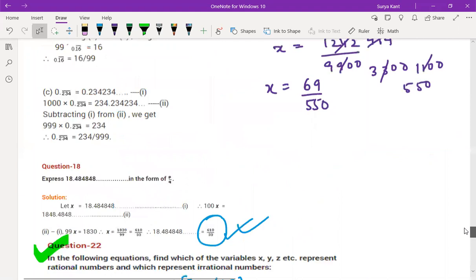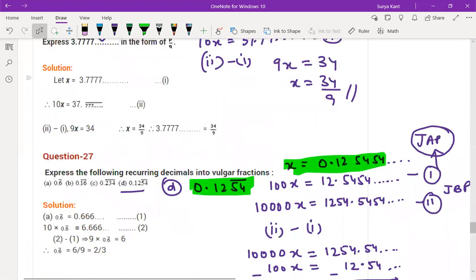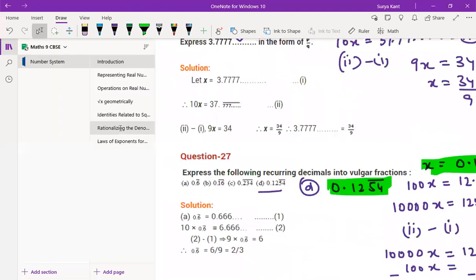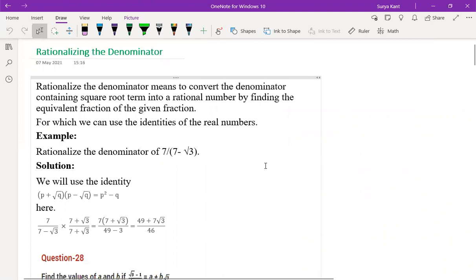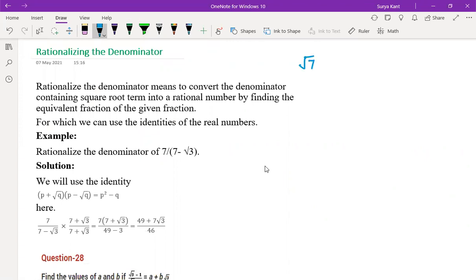Okay. Now we are going to rationalizing the denominator. The new concept is rationalizing the denominator. How to rationalize the denominator? That rationalizing factor I told you before only, right, children? What is the rationalizing factor of root 7? Root 7 only, sir. Root 7 you can write, or you can write minus root 7 also, no problem. Okay. If I ask the rationalizing factor of 2 plus root 3, what is it? 2 minus root 3. Okay.